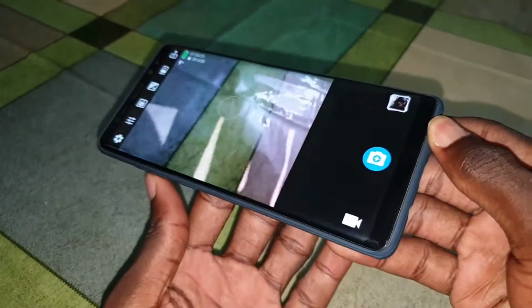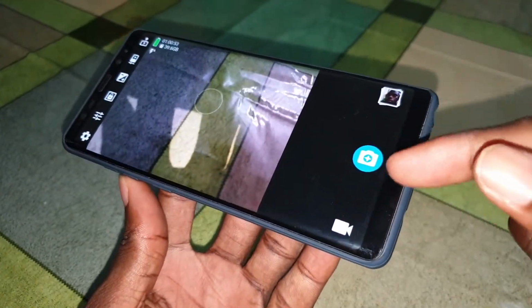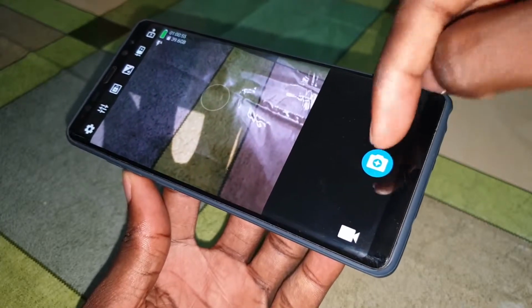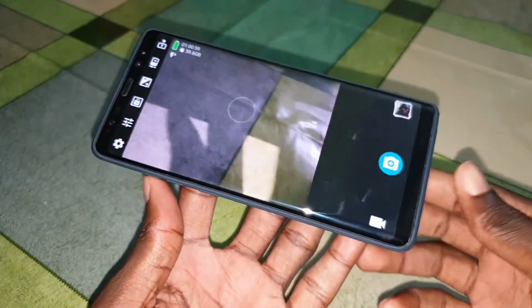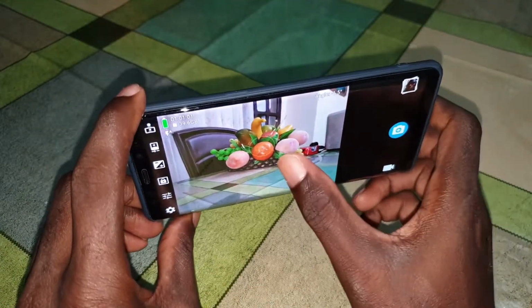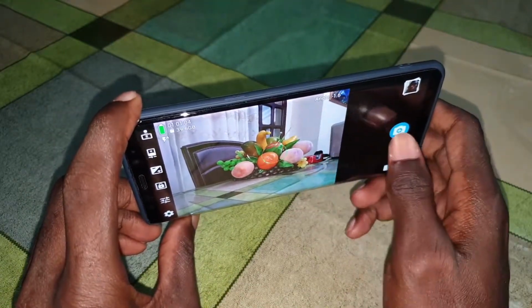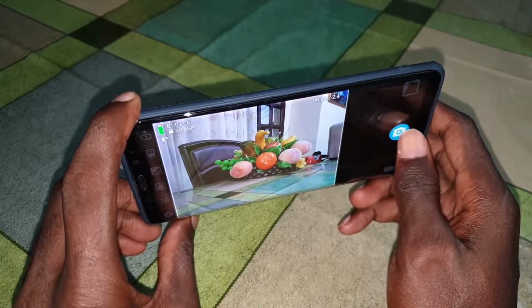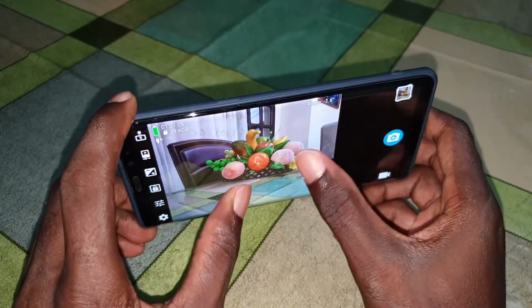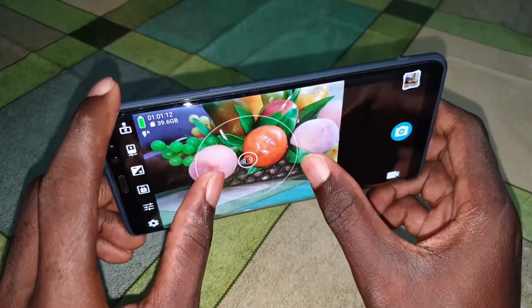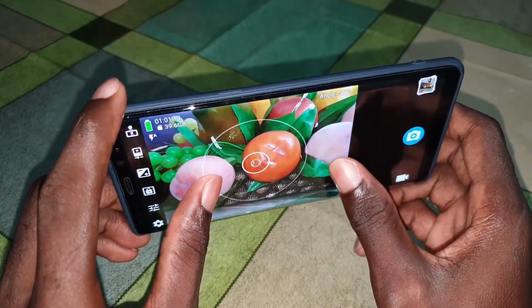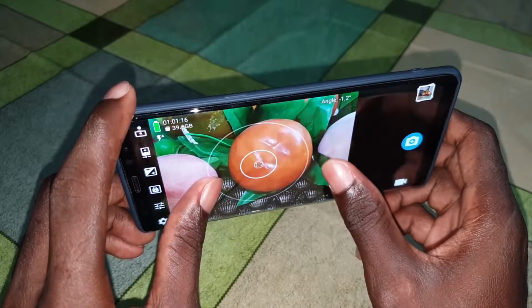As you see here, there are two beautiful icons. This is for photo and this is for video recording. Okay, now let's take a photo right now. 1 2 3 4. Do this. You can do this to zoom into this beautiful picture like that.